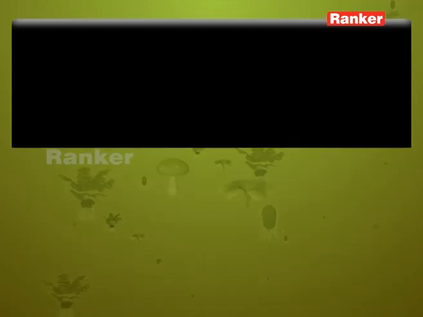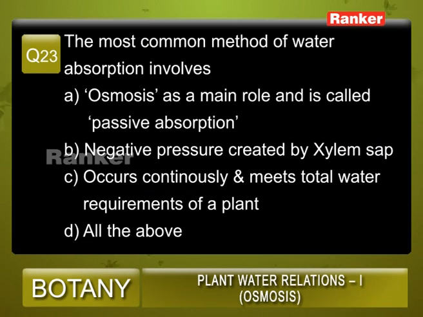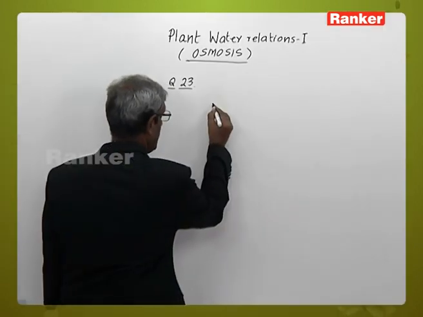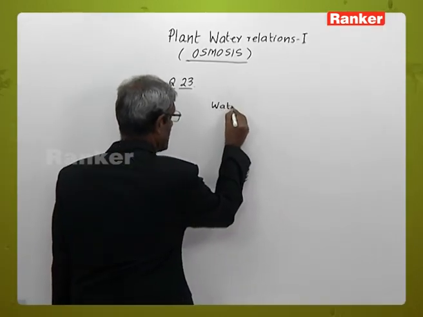Question number 23. The most common method of water absorption involves A. Osmosis has a main role and is called passive absorption. B. Negative pressure created by the xylem sap. C. Occurs continuously and meets the total water requirement of a plant. D. All the above. Whenever we are dealing with water absorption in plants,